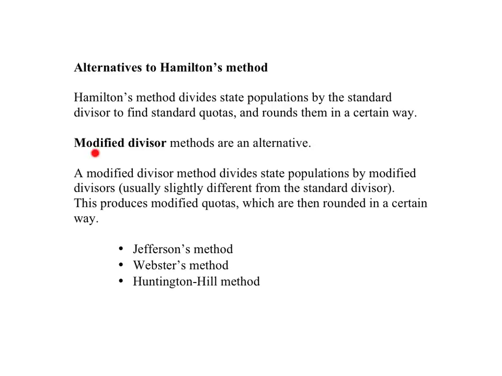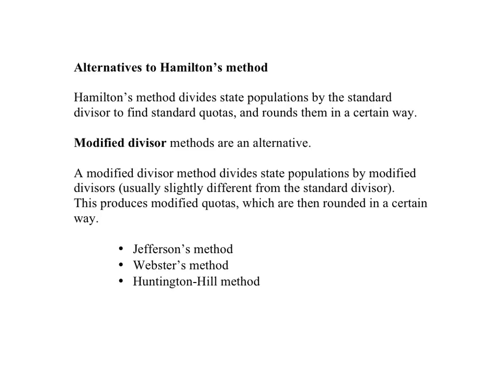Now the alternatives we will consider are all modified divisor methods. Right, so what does that mean? A modified divisor method divides state populations by modified divisors. These are numbers that are usually slightly different from the standard divisor, and the result is not the standard quotas, but rather modified quotas, which are then rounded in a certain way, and how exactly they're rounded depends on the